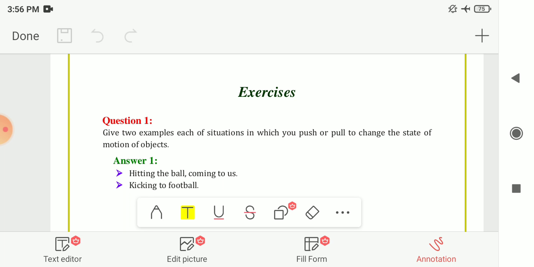Then we had seen these different contact forces in detail. The force exerted by the muscles of the body is known as the muscular force. The force that opposes the motion of an object and arises due to the contact between two surfaces is known as the frictional force. And the force applied by a machine is known as the mechanical force.